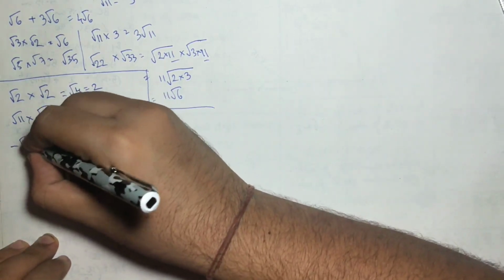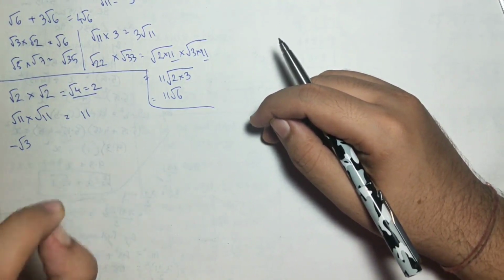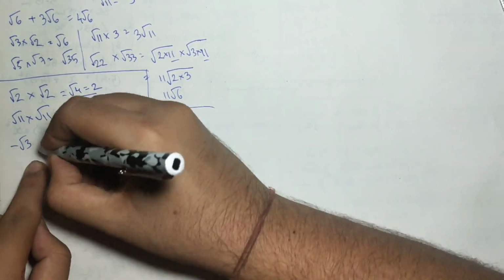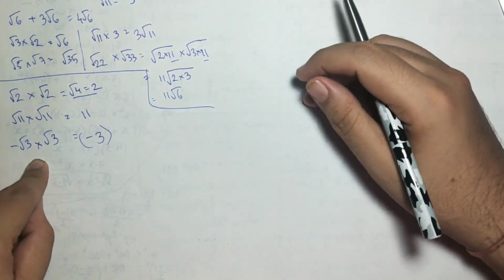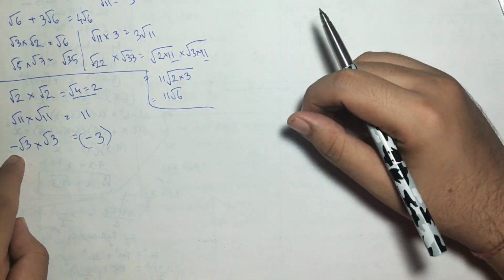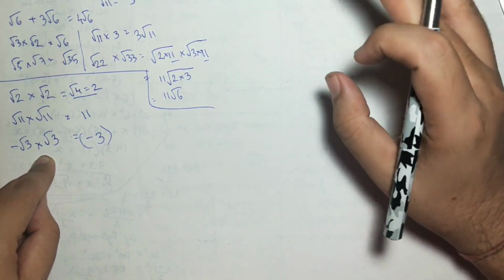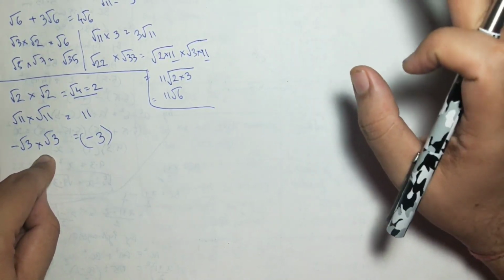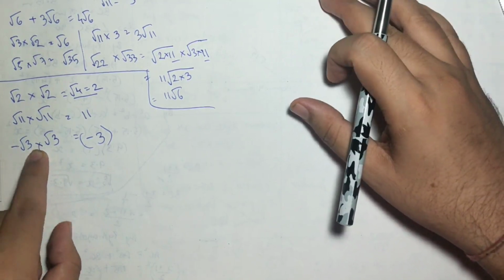What about minus root 3? No need to make it positive. A rational number can be positive, can be negative. So just focus on the number which is under root. So just multiply it with root 3. The answer will be minus 3. Don't consider the negative sign. And don't ask the doubt whether the negative sign is inside the root sign. A negative sign cannot be inside the root sign ever. It will not be an irrational number nor rational number. It will become an imaginary number. So a negative number will not be inside the root sign, it will always be outside the root sign.